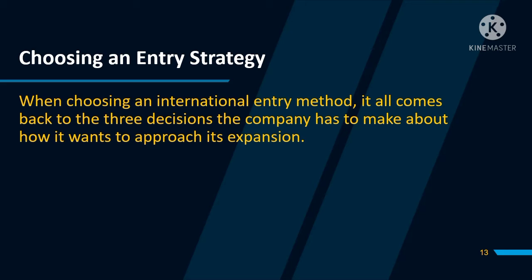The next point of decision is ownership. The company needs to decide the level of control it wants over these international pieces. A company that's willing to share control in order to mitigate risk will look at licensing, franchising, and partnering as agreeable options. Companies that desire more control over operations will look at acquisition or direct exporting as more favorable choices.